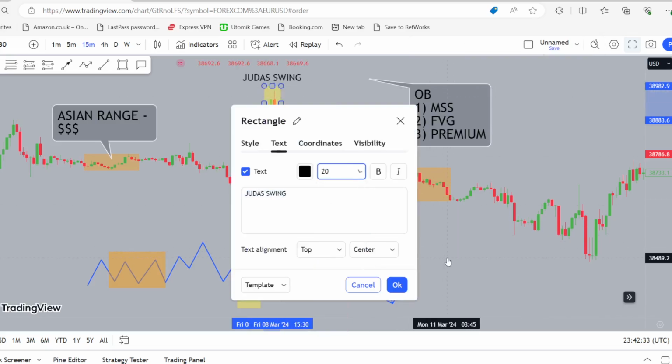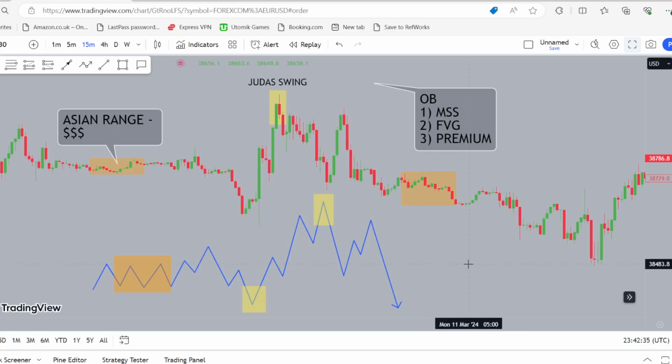Well, typically I do say to people, look for the Judas swing in the London session, but that's for the Forex pairs, right? So when we're trading Forex, things like GBP/USD, EUR/USD, the Judas swing typically occurs in the London session. That's not to say it can't occur in the New York session in the Forex pairs, but when you're looking